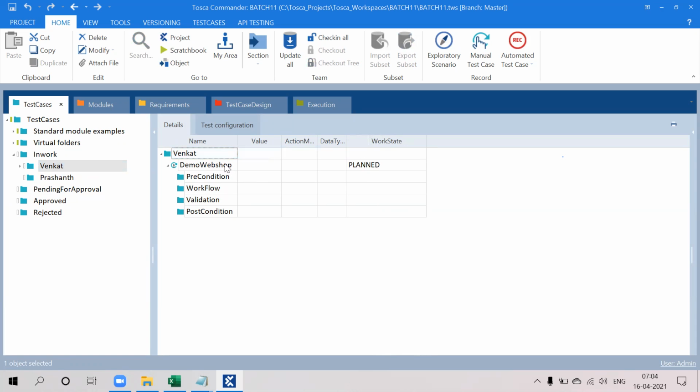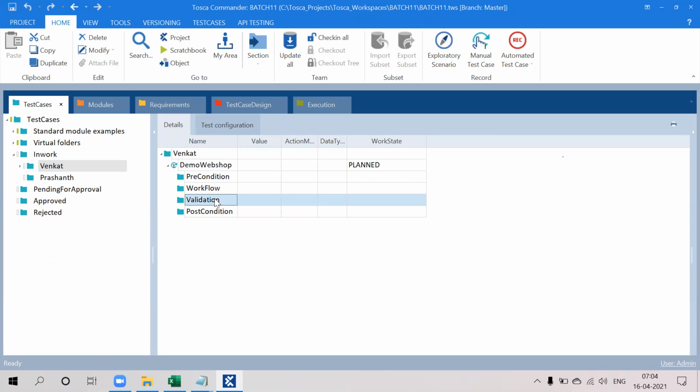So when you are creating the test cases, whatever precondition is required, you can add it into your precondition folder. Any workflow you need to design, you just mention in the workflow. Any validations, you can put the validations like verifications.